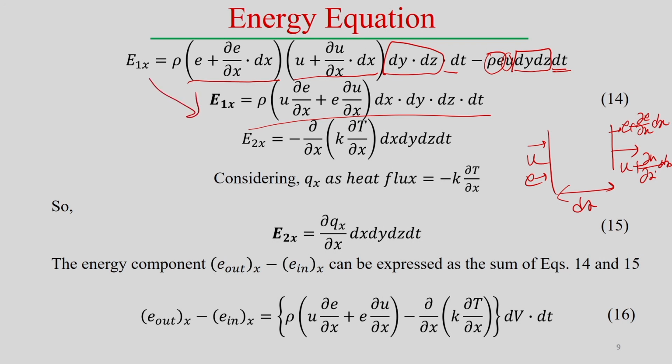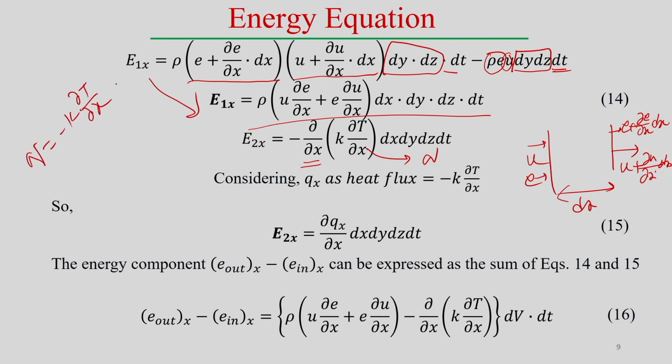Now, again looking into the heat diffusion within this elemental volume, that can be considered like that, the heat flux. So, del by del x, so basically this thing represents q, the heat flux, or maybe k into del T by del x. We know the Fourier heat conduction equation, from there we can show q, the heat flux, equals minus k into del T by del x.